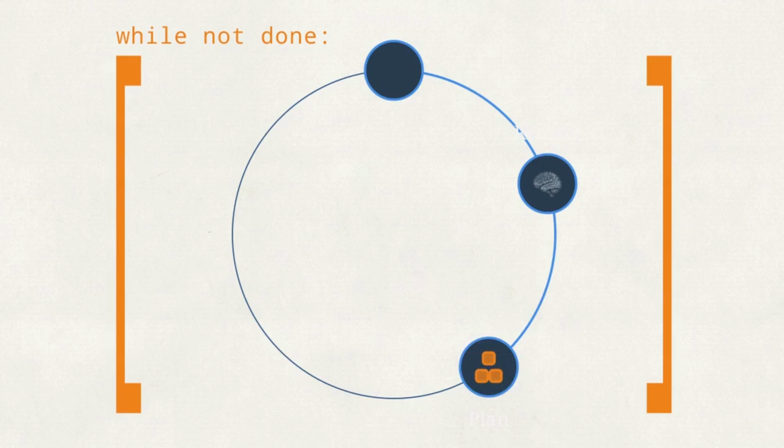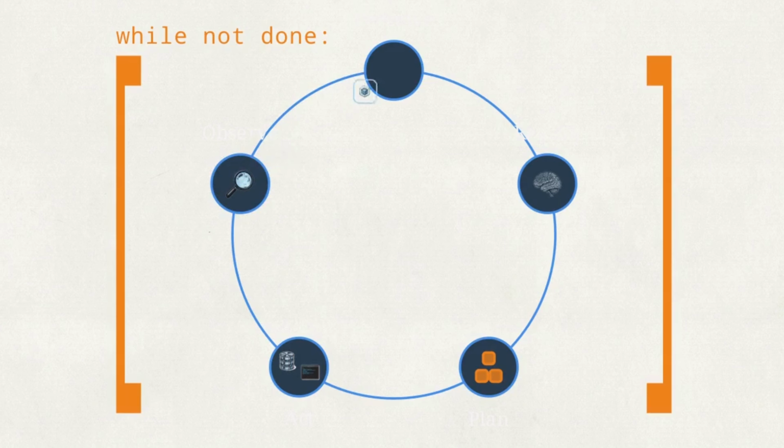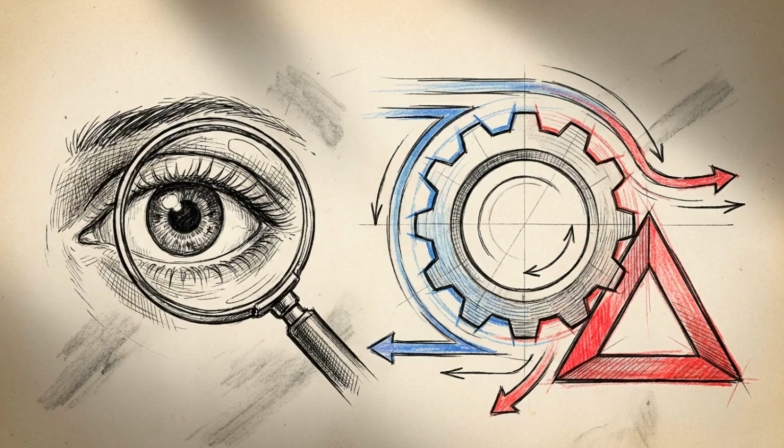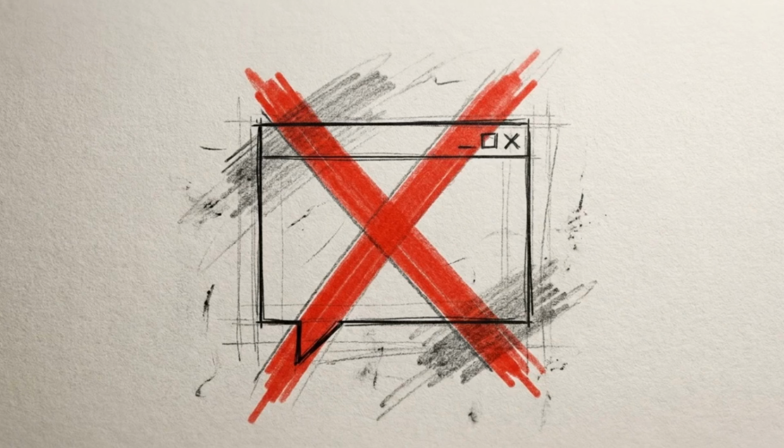With a plan in place, the system acts. It executes a specific tool, like querying a database or running a Python script, to address the immediate subtask. Crucially, it then observes. The raw result of that action is captured, formatted, and fed directly back into the model's context window. A while not done loop ensures these 5 stages repeat iteratively. The loop terminates only when a specific stopping condition has been met. Because each step relies on the observation of the previous action, the AI dynamically reacts to errors or changes in real-world data, rather than guessing blindly from a single prompt.